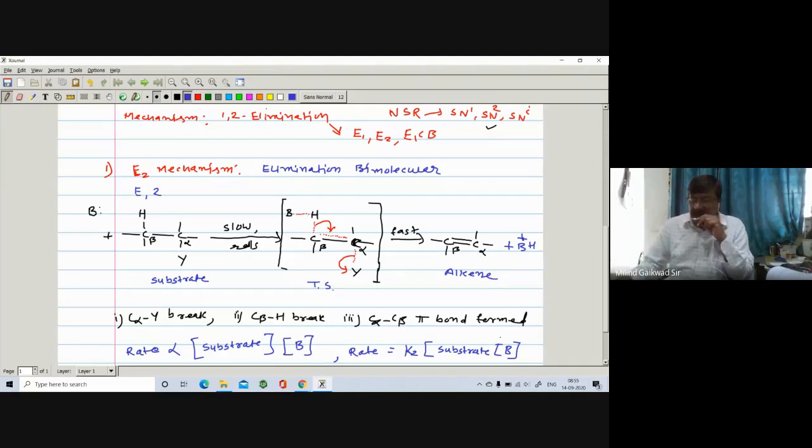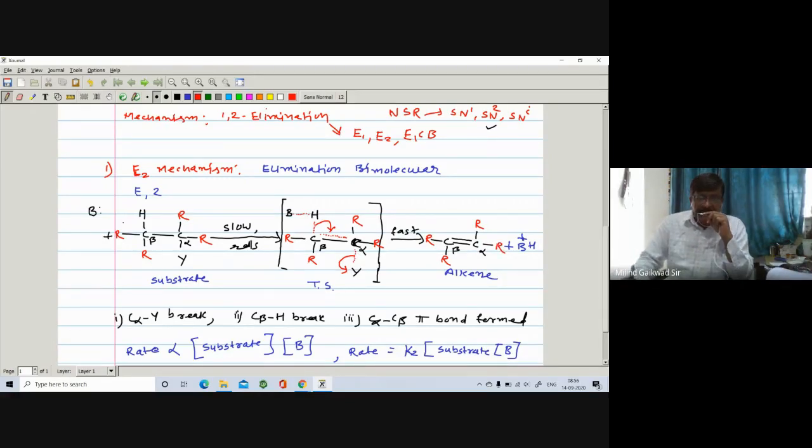Now here we can write a number of examples. We just have to replace the corresponding valency by R. Here you can write R, here you can write R, here you can write R, and also you can write R. All of them may be the same, or they may be different, and they may be alkyl groups or aryl groups. So depending upon that, we can get the corresponding example, and we can write a number of examples, right?